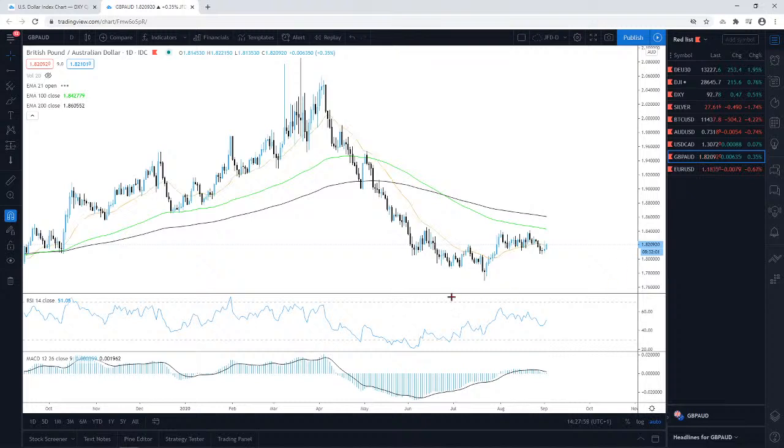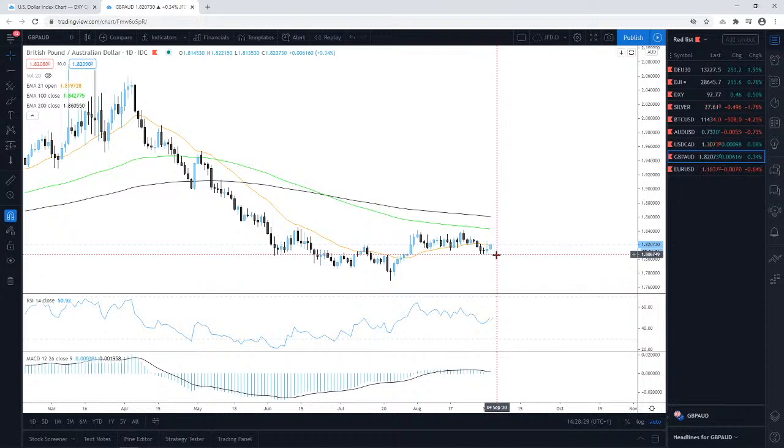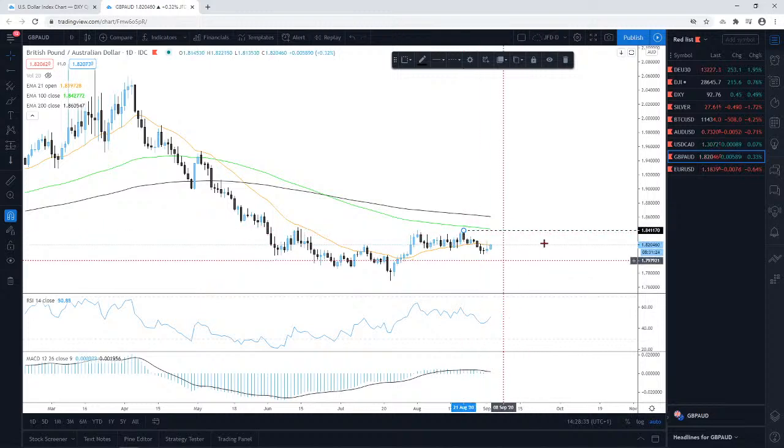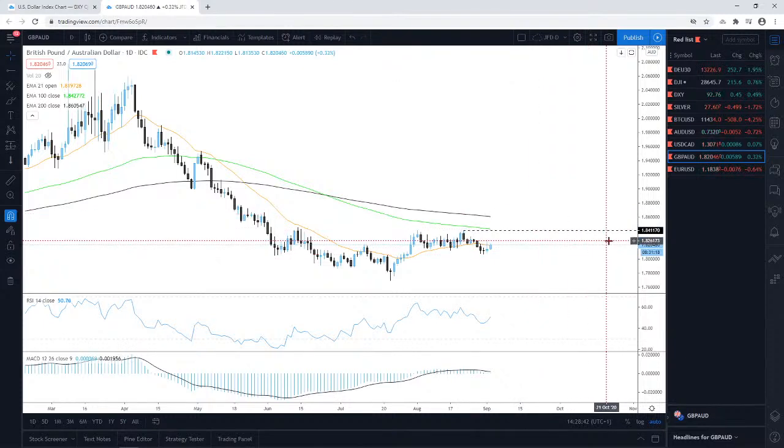GBP Aussie, I have this pair I haven't looked at for quite a while, but it's quite interesting. It sometimes presents itself with nice opportunities, but as you can see, overall the pair is kind of struggling to get back to the upside here, and it's currently trading just near this 21-day EMA after dropping back below it in the past couple of days. You can see that the bulls are really trying hard right now to lift this one. However, I think they're struggling with that, and given the technical picture, we'd actually prefer to see a push above the 1.8412 territory right here, marked by the